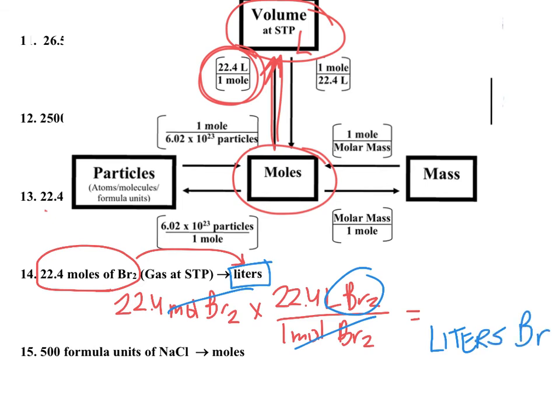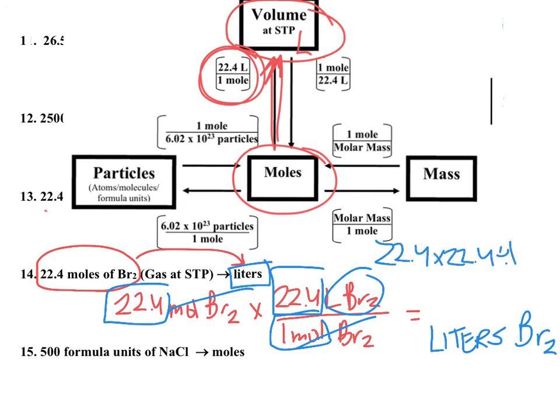I could have just written the L. I don't know why I wrote liters out all the way. The shorthand form would have been easier, but too late. So I'm going to take my number I start with, multiply by the top, and divide by the bottom. So when I do that, that's really going to be 22.4 times 22.4 divided by 1. When I put that in my calculator, 22.4 squared is